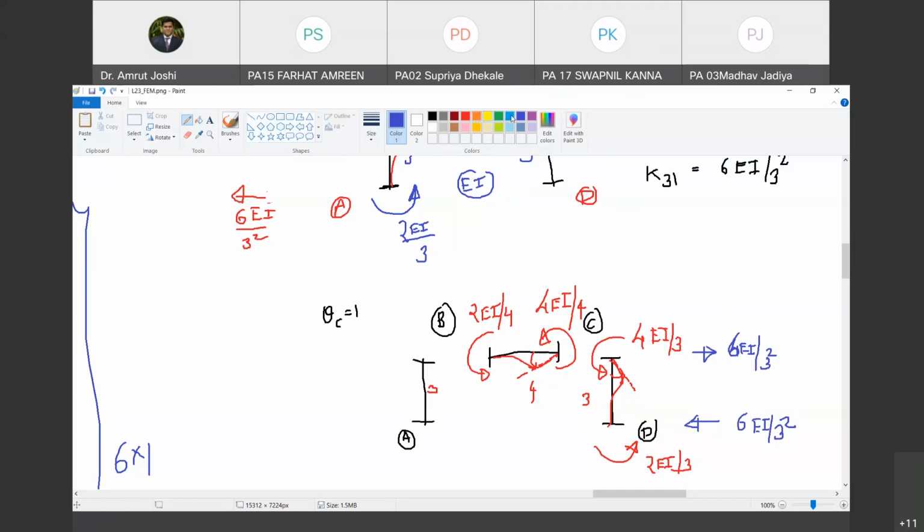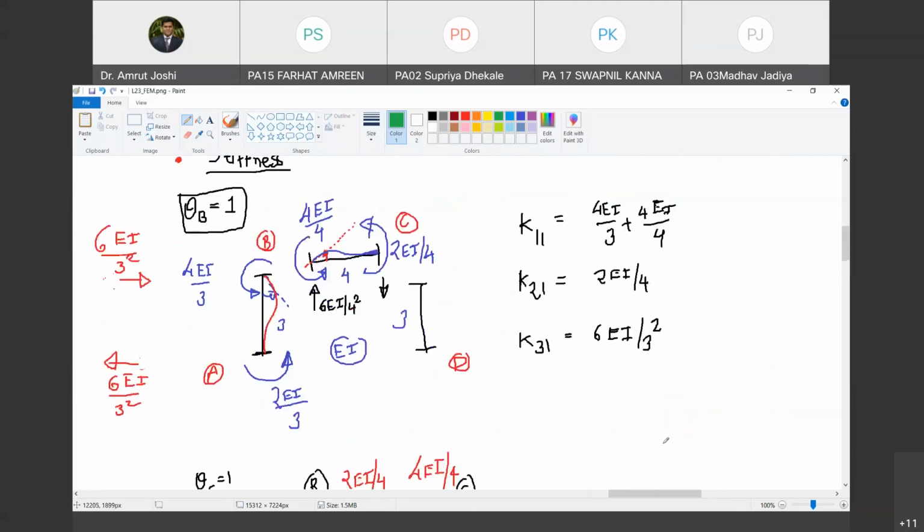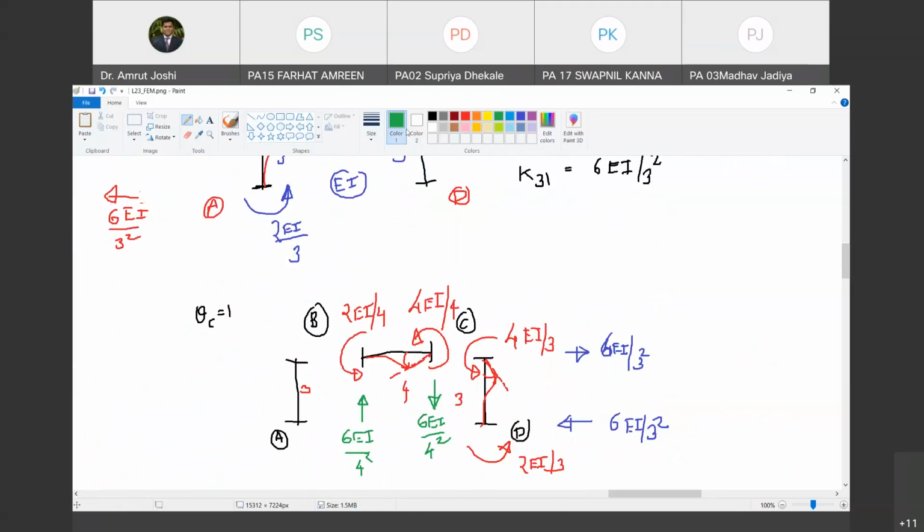Similar thing we are going to do for the beam. So for the beam, the summation of both the moments is 6 EI upon 4. These are anti-clockwise moments, so the reactions must produce a clockwise moment. If the reaction has to produce a clockwise moment, these reactions must be in this fashion. They must be 6 EI upon 4 square. Are you with me? Yes, sir. 6 EI upon 4 square.